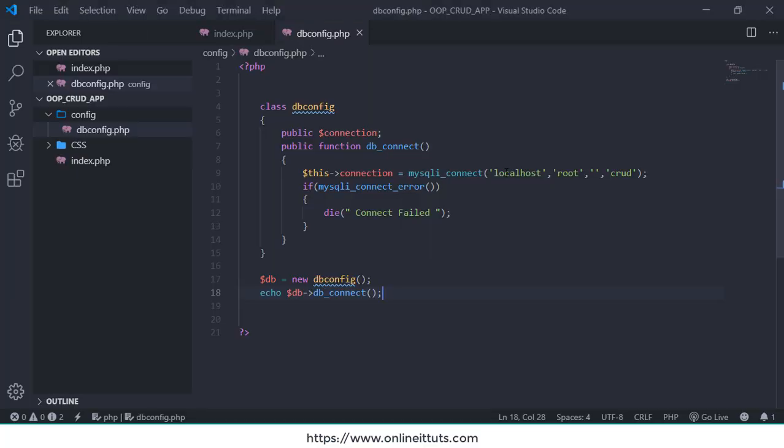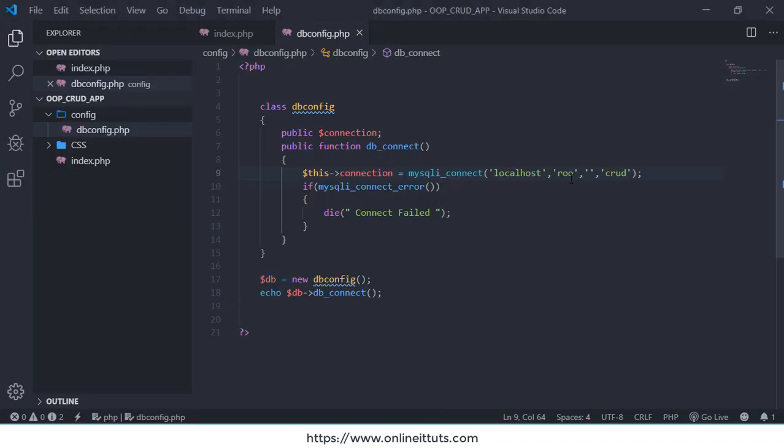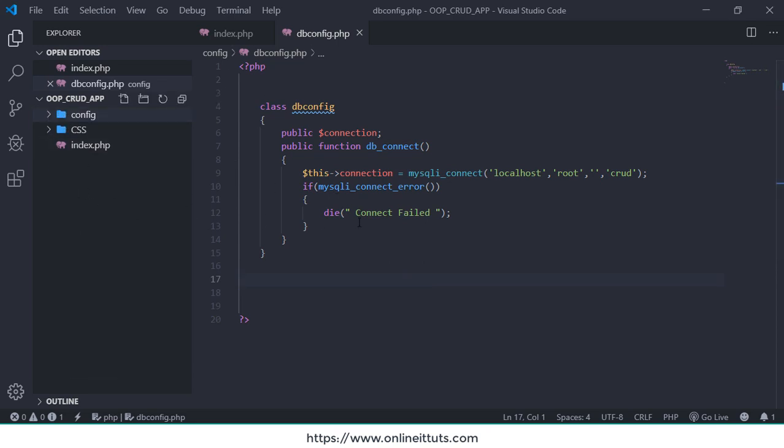Everything is clear. You can't see the error, but I change the username like this one. Refresh that. Access denied for user. This is the error, so we need to use root. So we have made a database and also made a connection between our database and our programming language. Now the next thing, I'm going to create